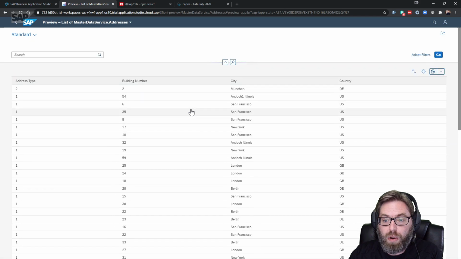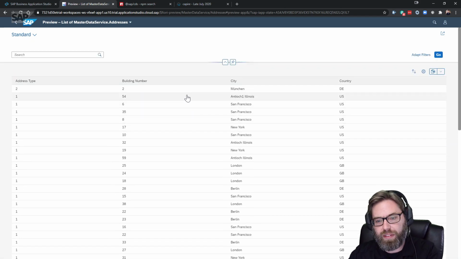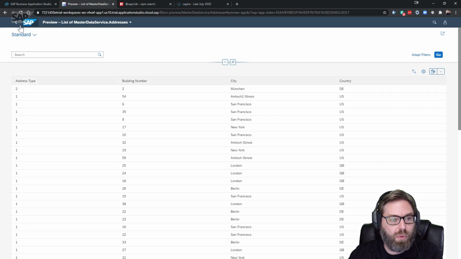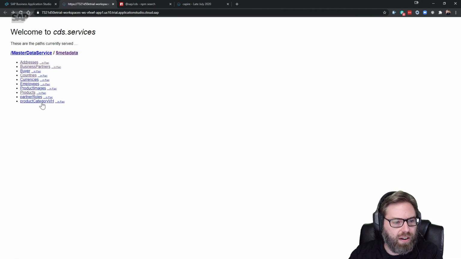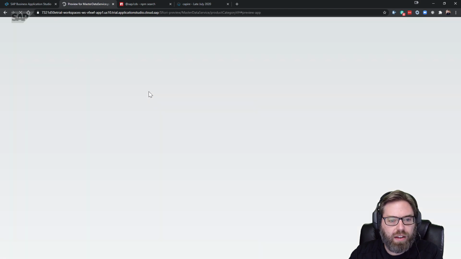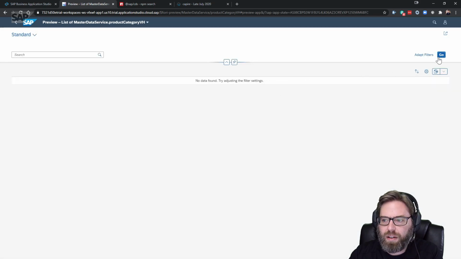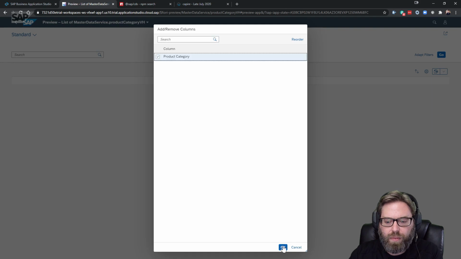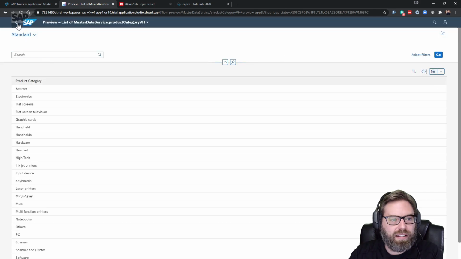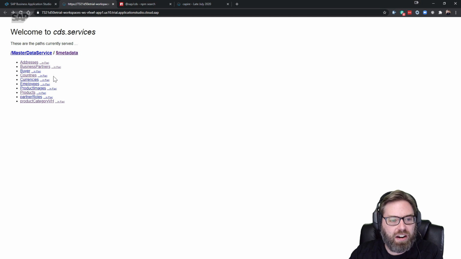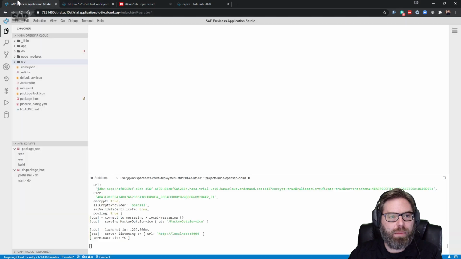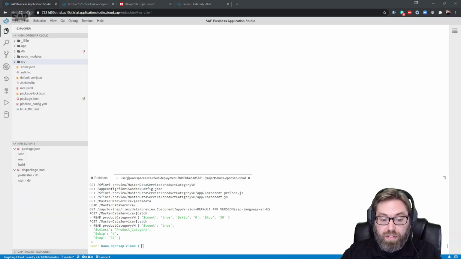Later we'll add some UI annotations into the model itself, and then we can define which columns will appear here. In fact, we have that on the product category value help. I think I added those annotations already. Let's see. No, perhaps not. We'll come back to that topic later. But the main thing that I wanted to check here is that yes, my annotations are working, so we're in good shape there. All right, now that we have everything updated, tested, working again, we're ready to continue on with